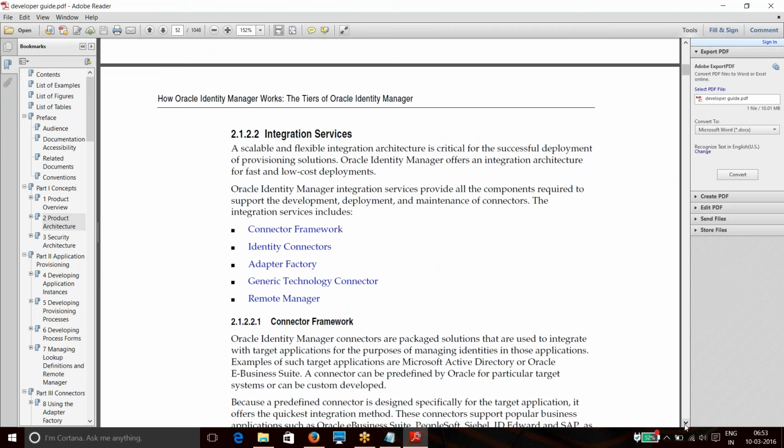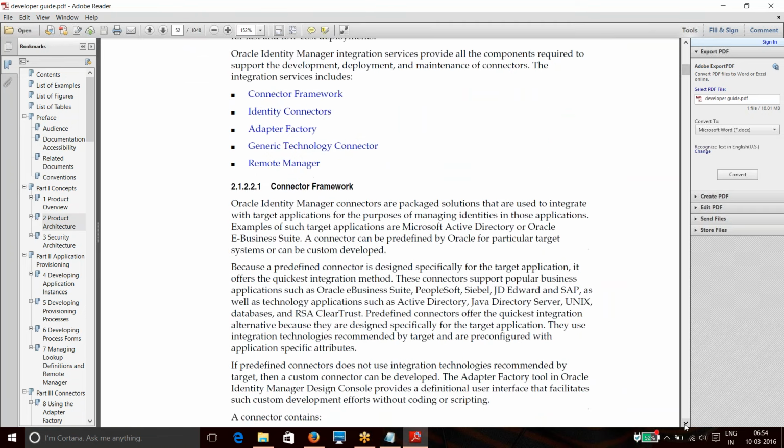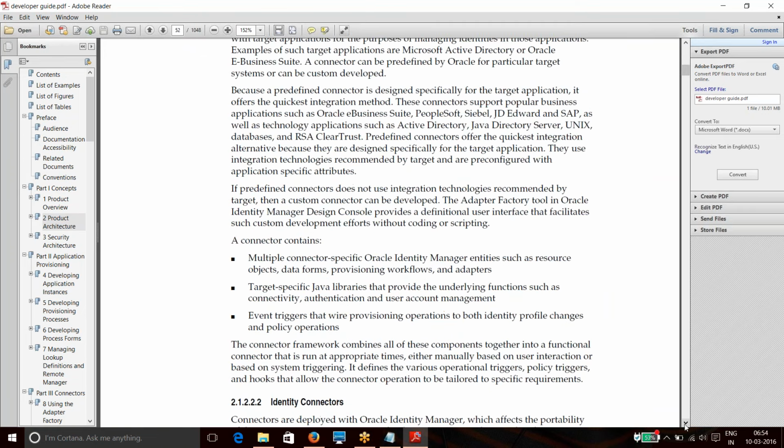All these functionalities come across in the connector framework, which is used to interact with the different target systems.